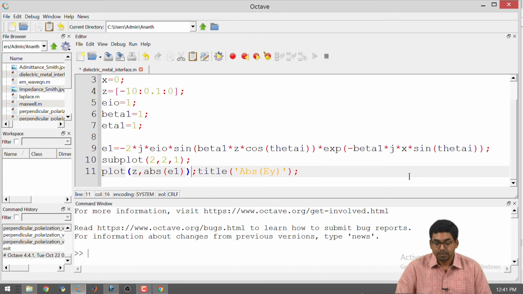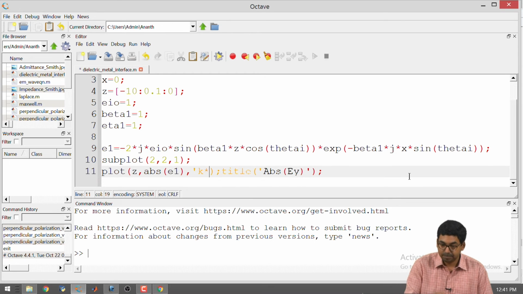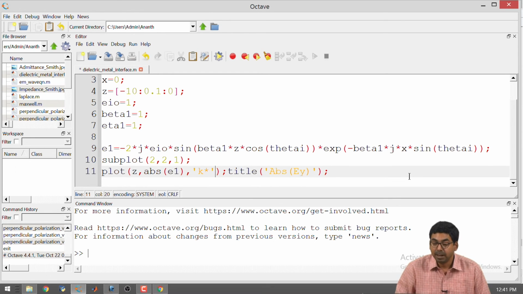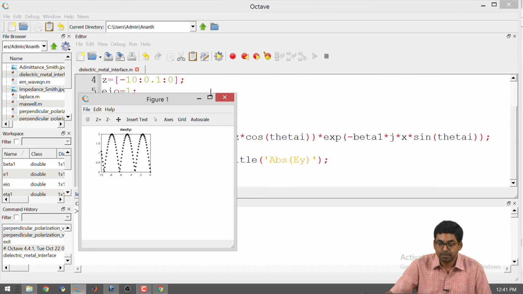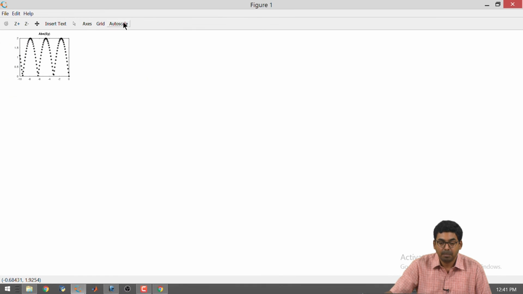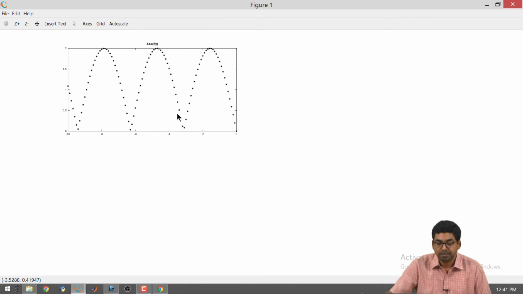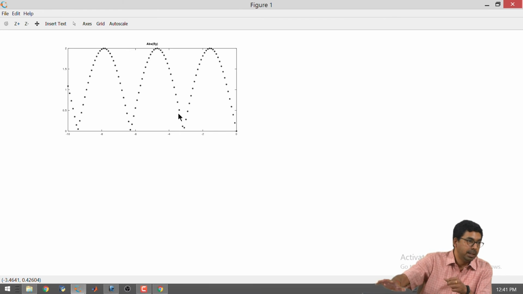Yeah. Also make this, say, just make it different plots of different styles or something, so that it is visible. Okay. Now, I am going to go ahead and run this. Okay. So, I am getting some plot, and I will make the derivations or inferences once I have all the 3 components.